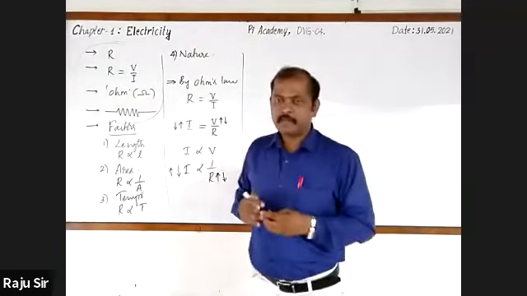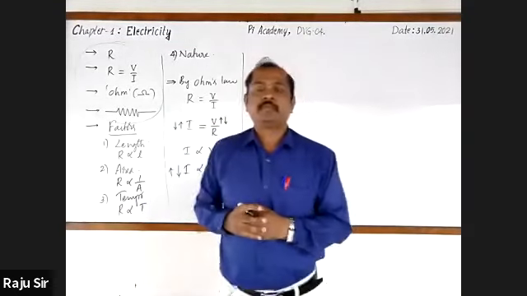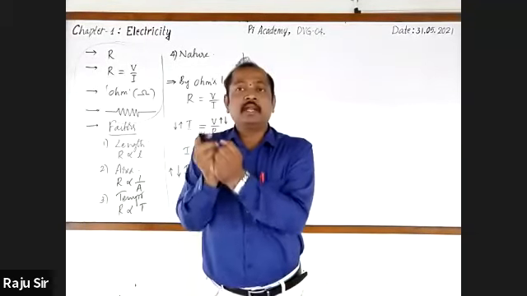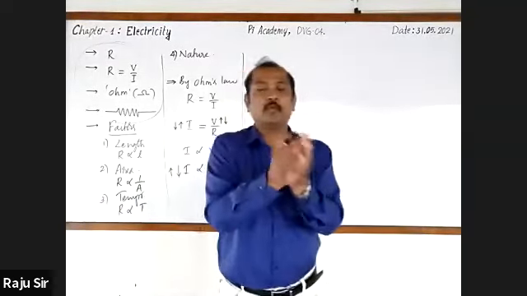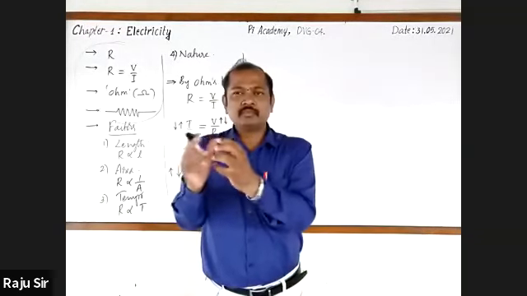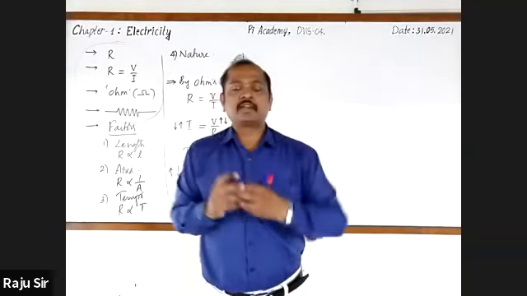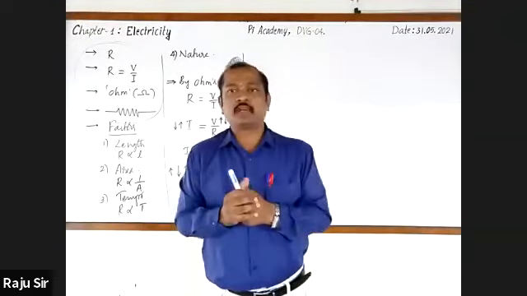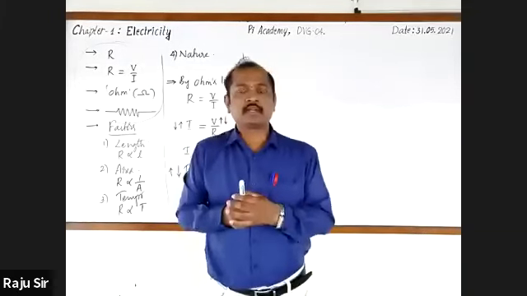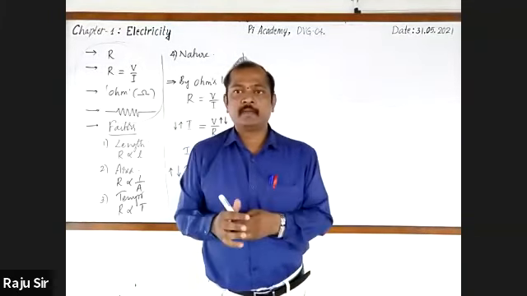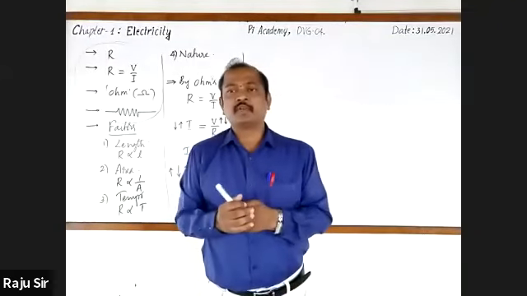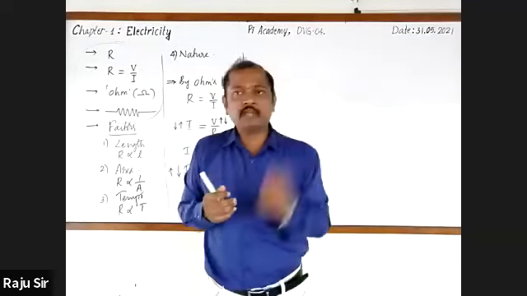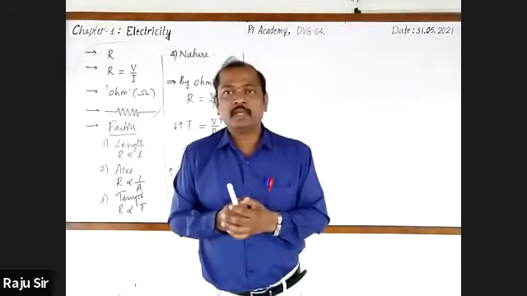Dear students, you also know that the amount of current drawn by the electrical equipment is different from one to one. Is it not? Some electrical components will work by using small amount of current, but some will use more amount of electric current. Example, a bulb draws small amount of current, whereas TV, refrigerator, washing machine, they draw much more electric current.